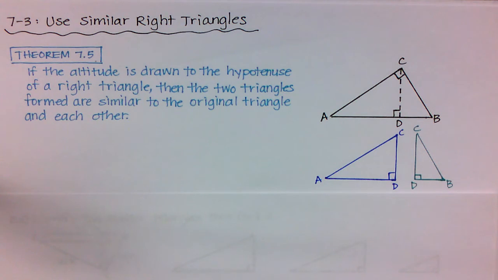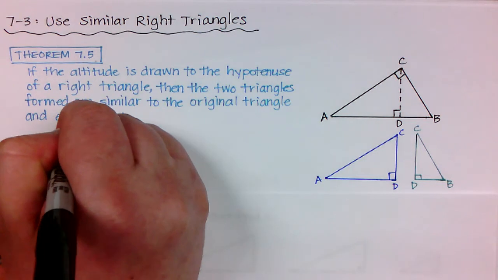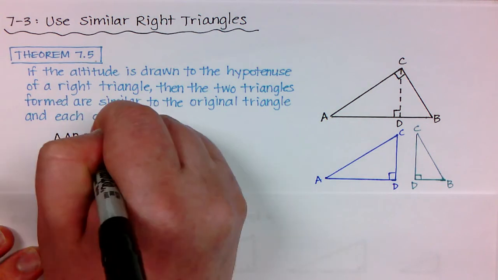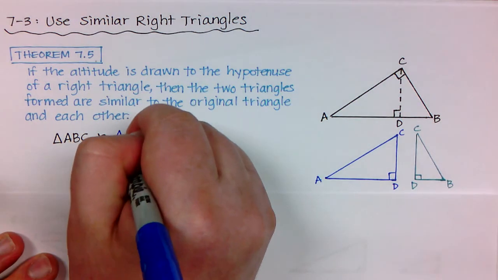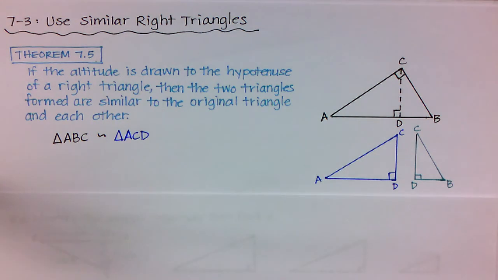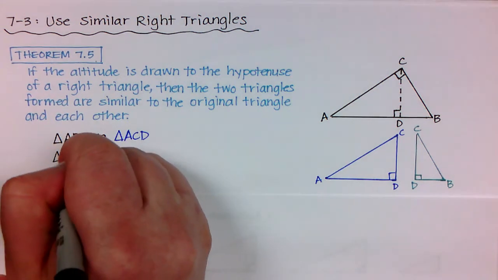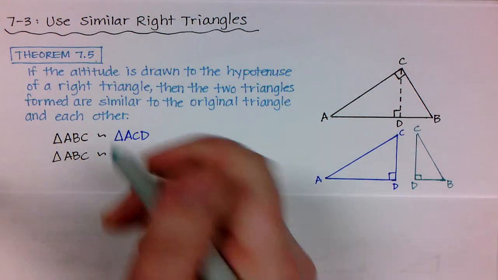So let's write some things that are similar then. I can say that triangle ABC is similar to triangle ACD. So if I was going to redraw the black triangle, I would match up the points that were similar to the ones in the blue triangle. Also, I could see that triangle ABC is similar to triangle